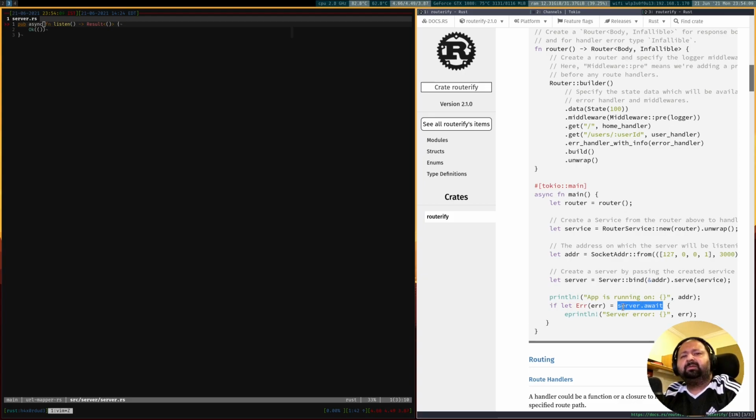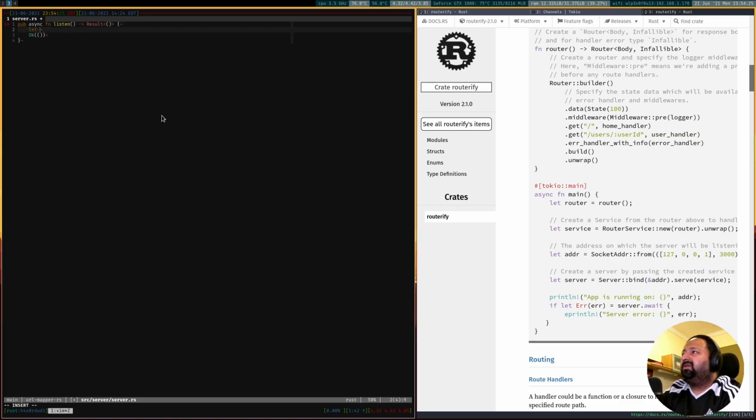And so we'll be keeping all this inside our listen function, and then our main would basically call the listen and then await on it, and that should be enough for us to have a very basic server implementation. So the first thing, obviously, we need a router. What I'm going to do is create yet another sub module here, and I'm going to call it routes. And we will keep all our routing logic within this module.